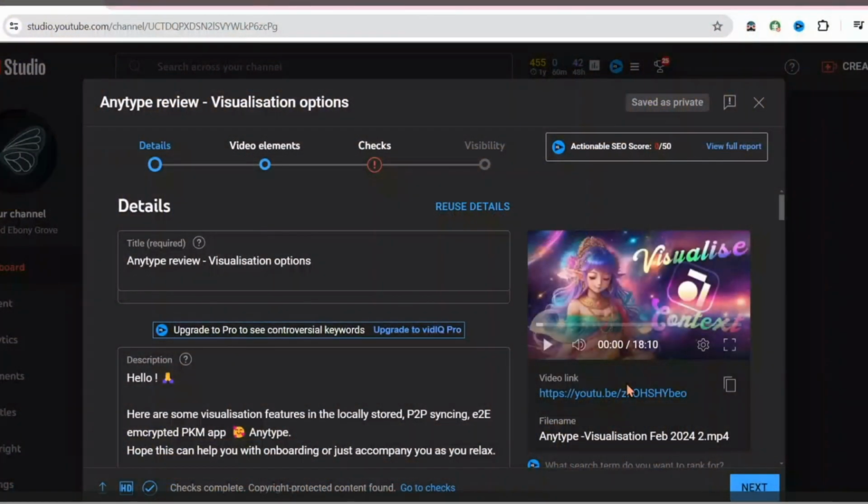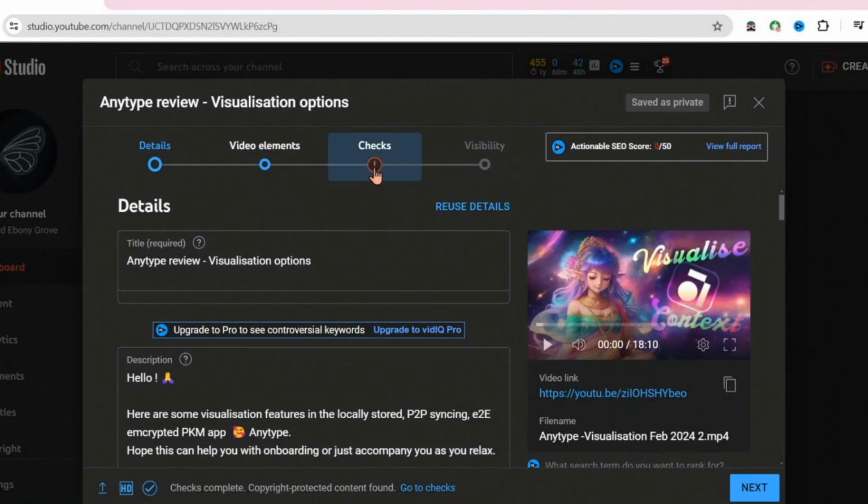So since about 3 years ago, after we upload our video, we get this tab called the checks tab. And this checks tab shows us if there are any copyright related issues with our video before we publish our video. And from here, we can take actions to prevent the published video from having any kind of copyright ID claims. So what we have to do is I'm going to click on this checks tab